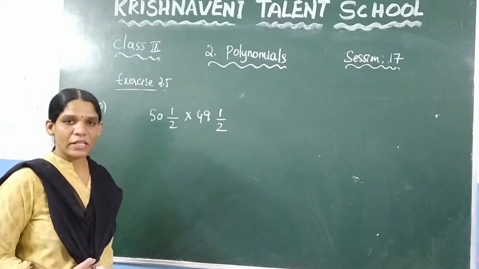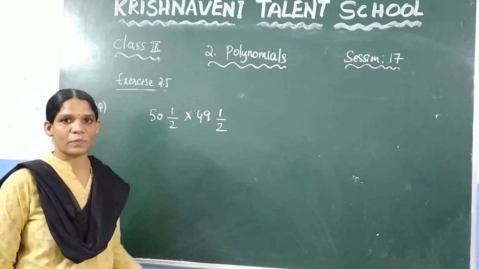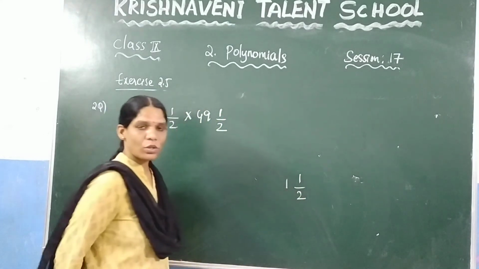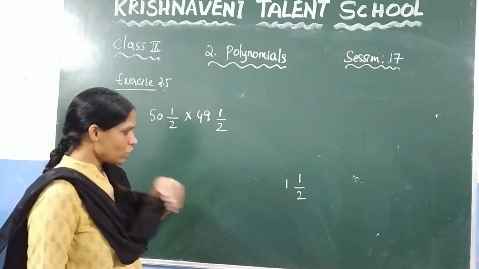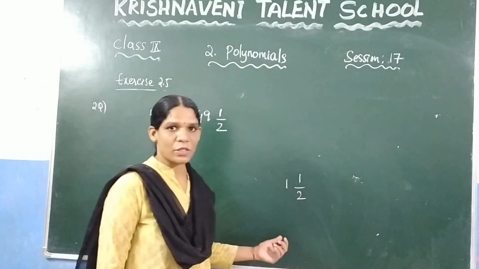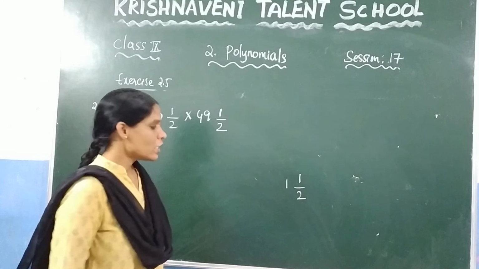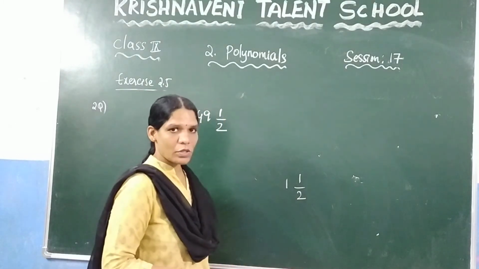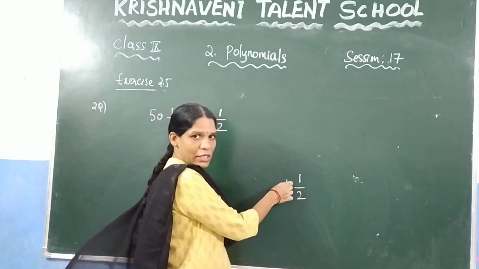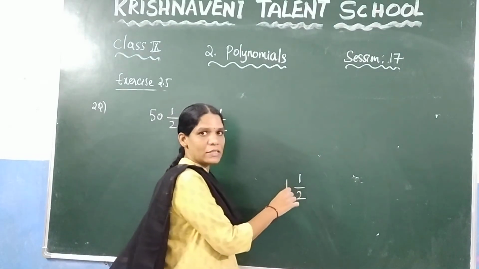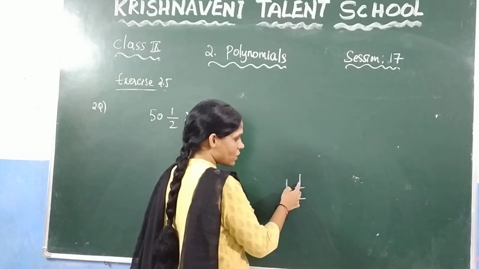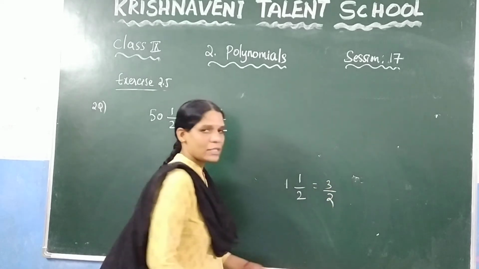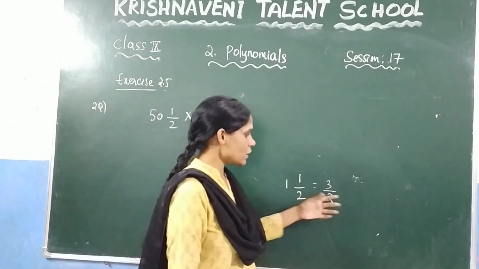You know that 40 1 by 2 you can write as 40 plus 1 by 2. What are we doing? Let us consider here one mixed fraction, 1 1 by 2. If you want to convert it, the meaning of 1 1 by 2 is nothing but 1 plus 1 by 2. We are adding these two values. So here you can check it. By using the normal process, how do we do it? You multiply these two values, right? 2 into 1 is 2, and the result is added to the numerator, which in this case is 1. So 2 into 1 is 2 plus 1 is 3 by 2. This is nothing but the conversion of the mixed fraction into the improper fraction.